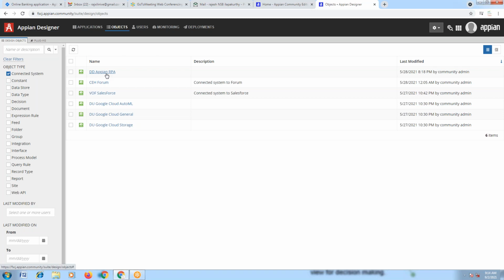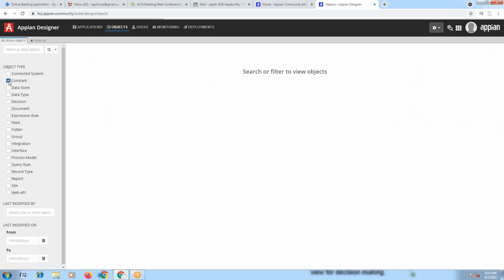If you want to connect with RPA, or with a system relating to Salesforce, which is a CRM application, we can connect with that. Or if you want to connect with Google applications, all of these are connected using this connected system. Next, here you have an option called constant,